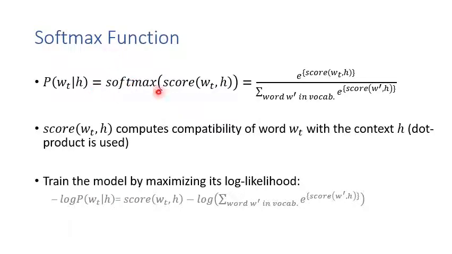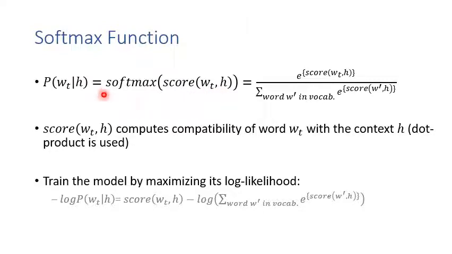Here's the formula of the softmax function. First, we multiply the input word vector Wt by the weight vector of the softmax function. Then we can calculate the score for all the words in our vocabulary. The higher the score, the higher the probability that the certain word is in the neighborhood of the input word